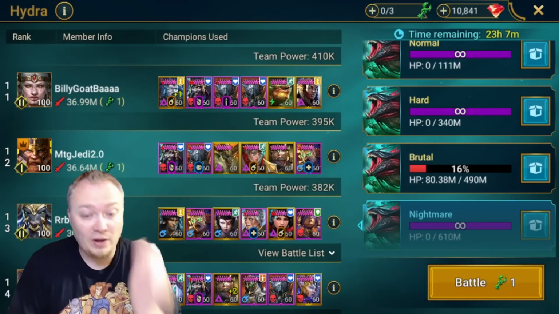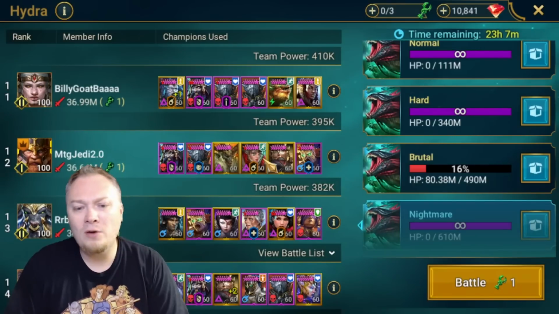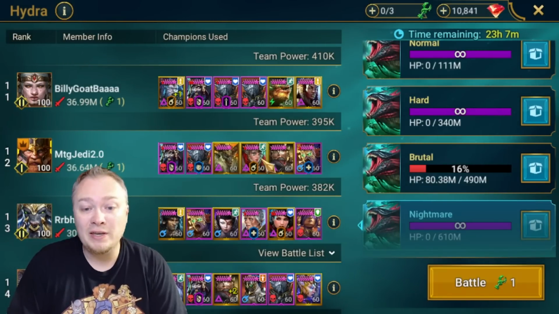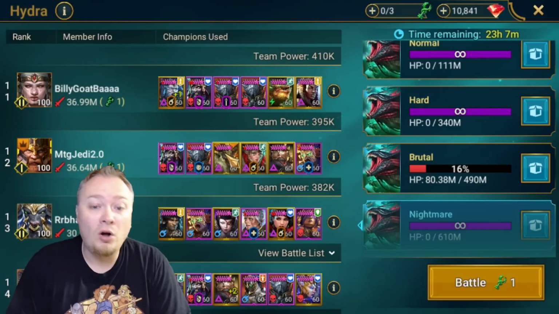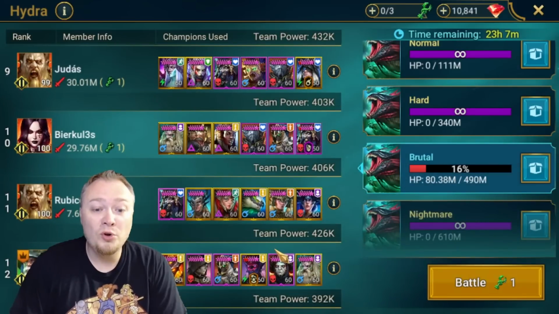Previously, I was running Duchess in this team. And what I found was that I wasn't getting enough hits in on the boss. Additionally, I put in Coronar as a third damage dealer that also brought me decreased attack, okay? As for Brutal,